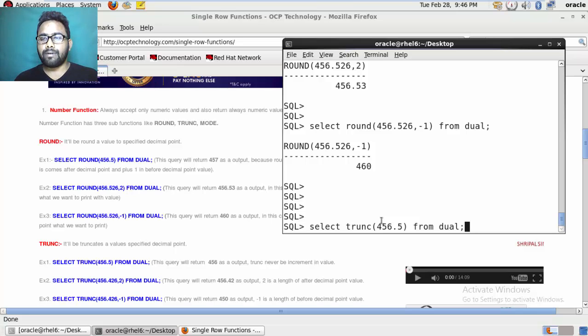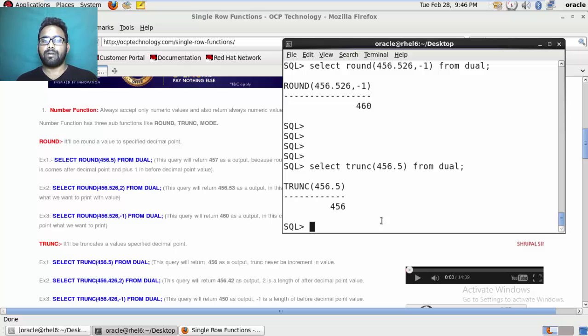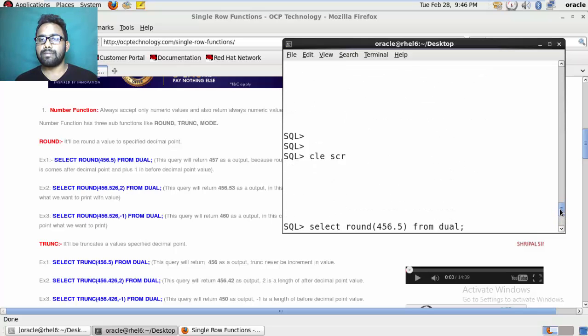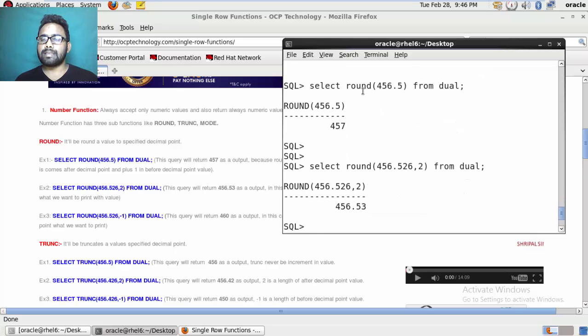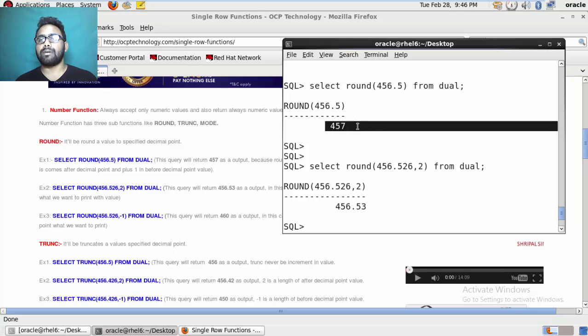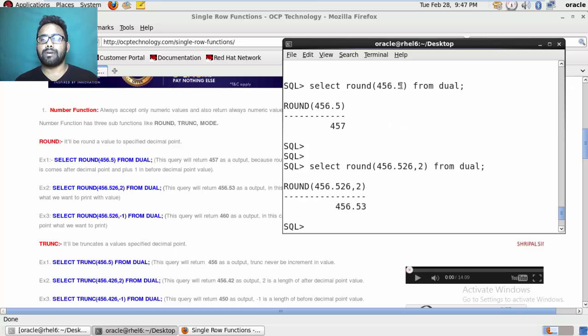It returns the value 456. You can see that if we use the same example in round, it returns 457 because it increments the value after the decimal point.